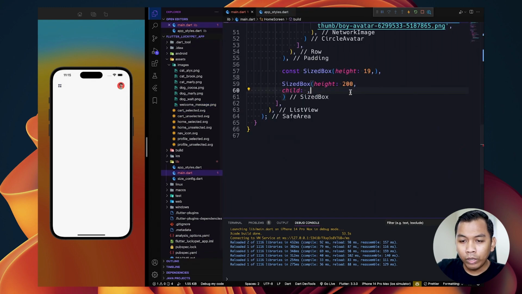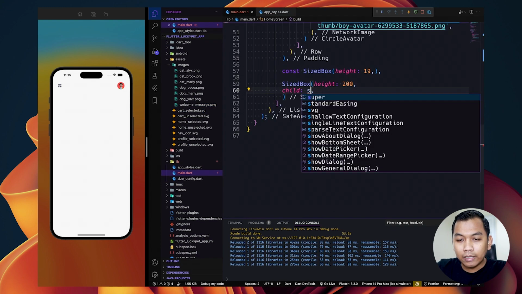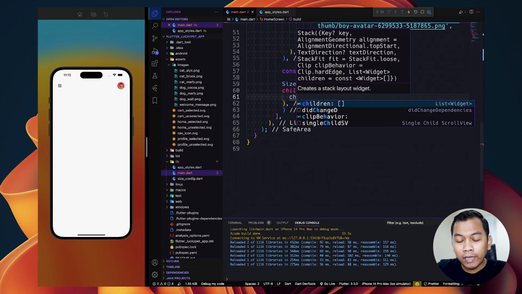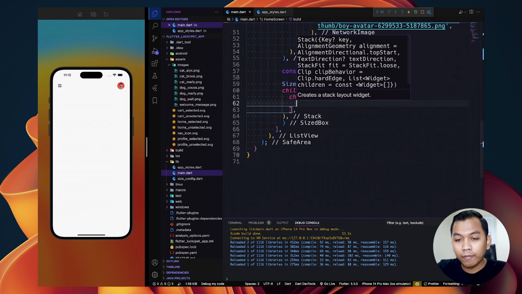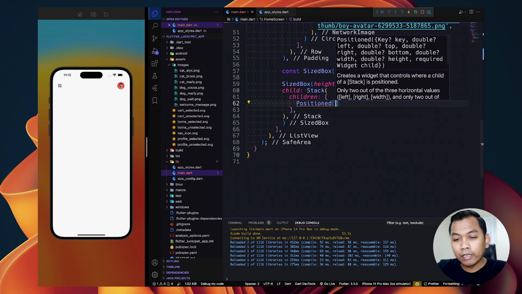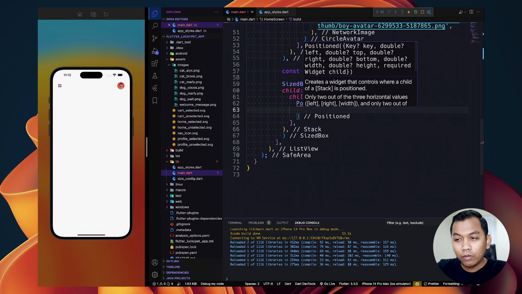So we can simply use a stack widget, and the stack widget has a parameter which is children. We can simply use a position widget here, and the first widget will be in the back.